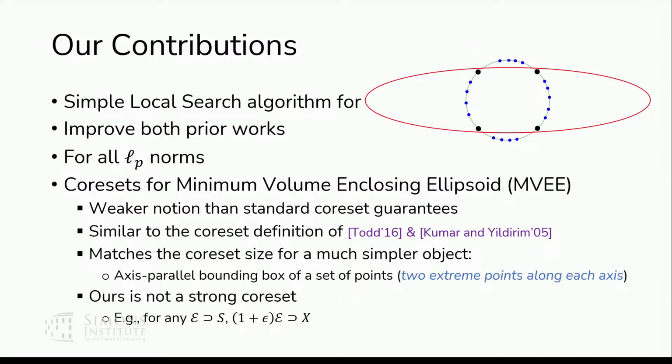And one thing is that in our approach, and maybe even in the earlier approaches, you cannot hope for a strong type of coreset, which is again related to contact points. It could be the case that we can preserve the MVEE, but if we look at some ellipsoid for the coreset like this, where these black points are the points in my coreset, and I look at an ellipsoid that contains them, even if I scale it by some large constant factor, I may not be able to cover everything. So it's a bit different.